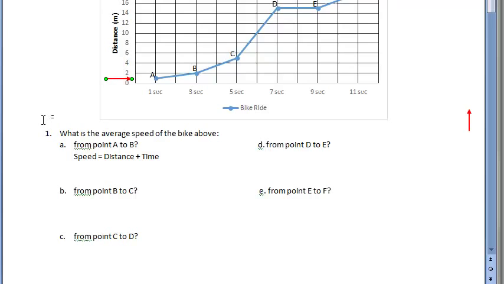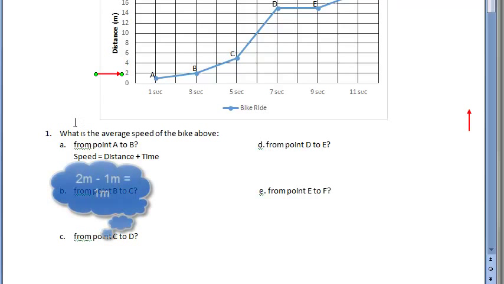Now to move up to point B, we'll move the arrow up to see that point B is at 2 meters. So that change from 1 meter right here up to 2 meters is just 1 meter. You could do that by thinking about it. 1 up to 2 is only 1 meter. Or you could do a subtraction problem and think,